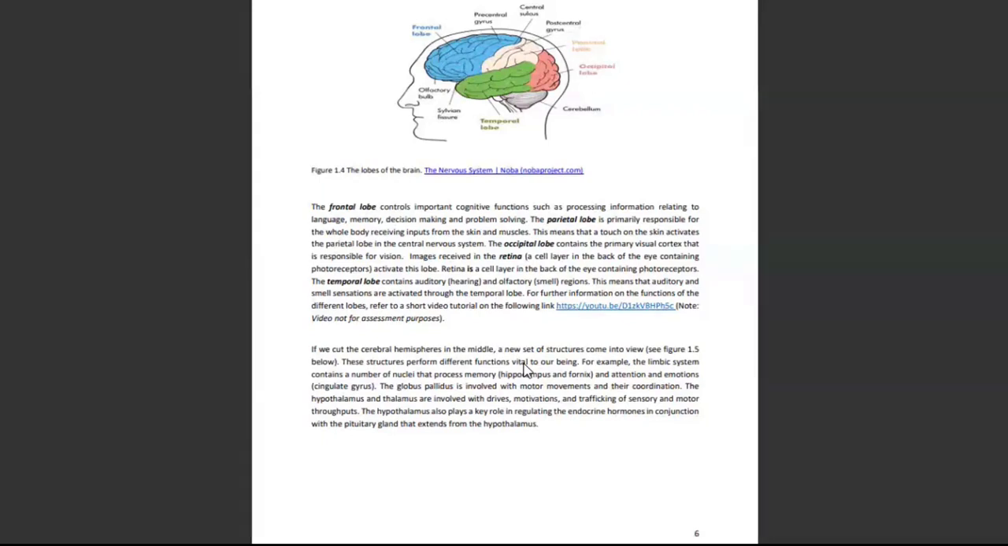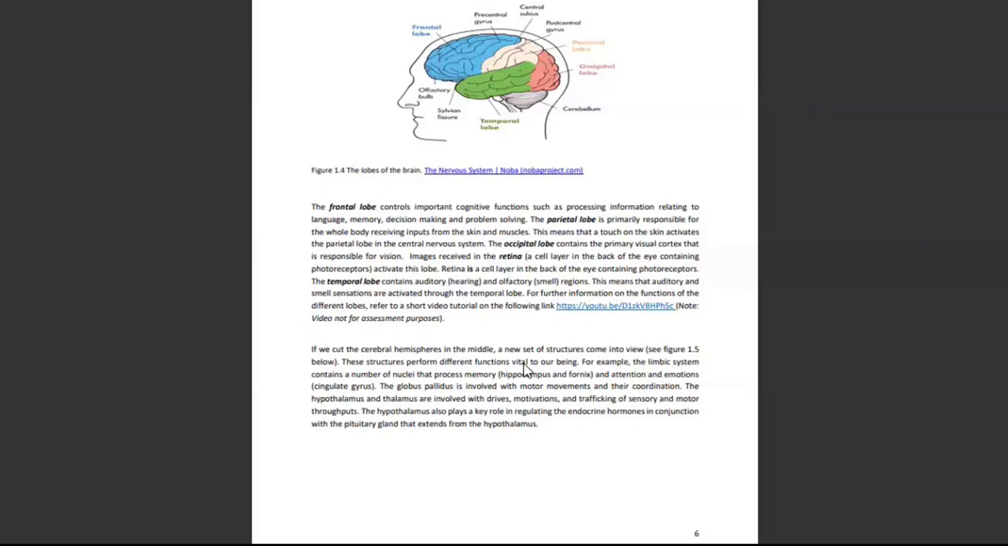function, make sense of information. This structure performs different functions